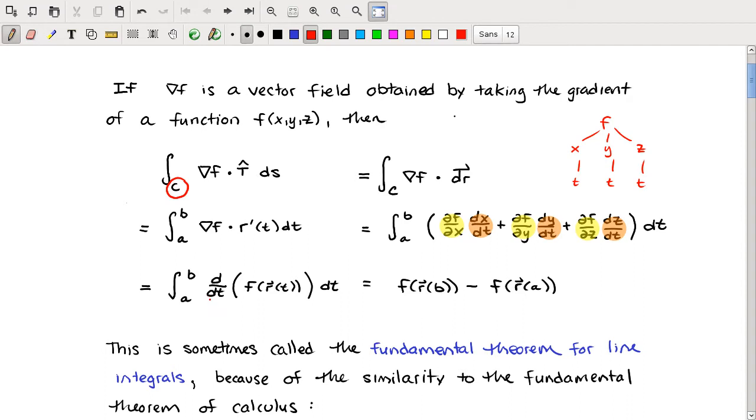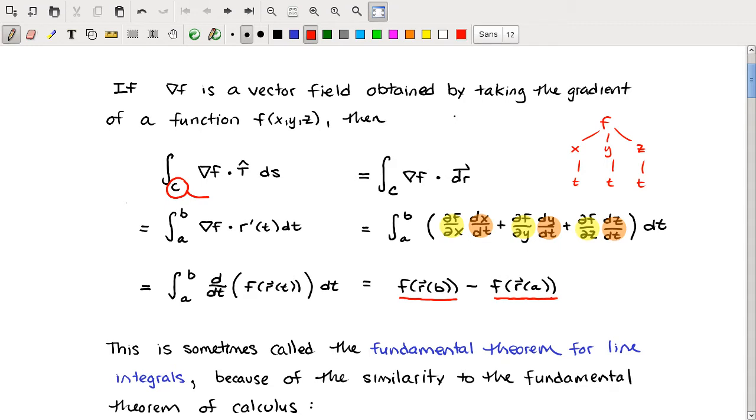So because we're now doing an integral of a time derivative dt, we can employ the fundamental theorem of calculus. This is just some scalar function f, and because we have parameterized it on a curve C, on that curve, it's just a function of the parameter t. So we're taking the derivative of a scalar function and we're integrating it with respect to that same variable, which means we can apply the fundamental theorem. So we plug in t equals b, f of r of b, and we plug in t equals a, f of r of a. This is just the value of f at the end point minus the value of f